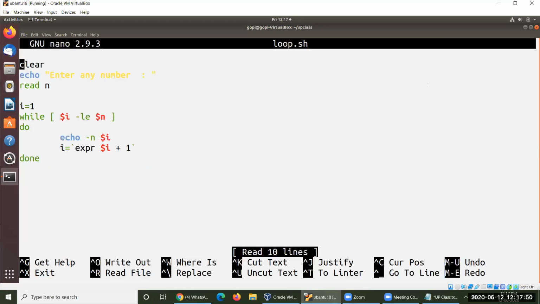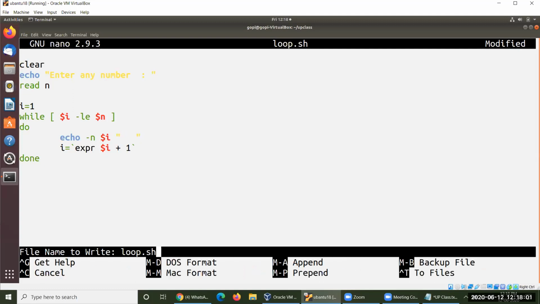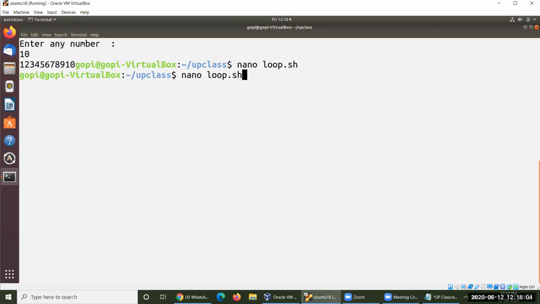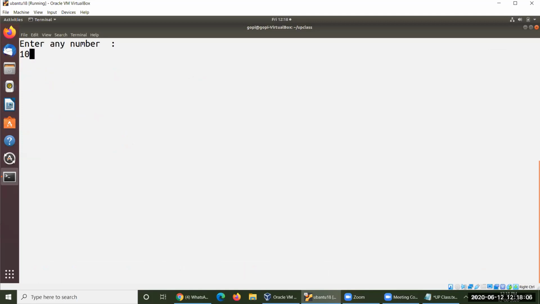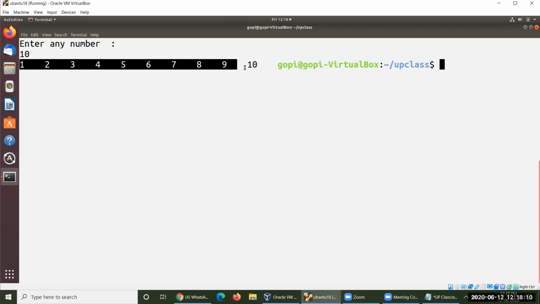That is the solution to display continuously. So followed by, so 1, 2, 3. 3 spaces will be taken into consideration by me. Let me execute this one for a while. Yes, come out and execute the same. So look at this 10. Now you could see 3 spaces will be generated from each and everything.